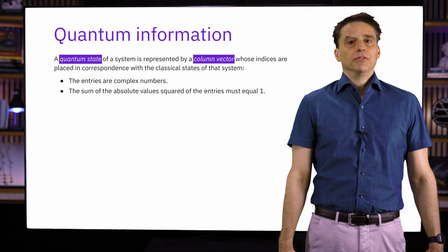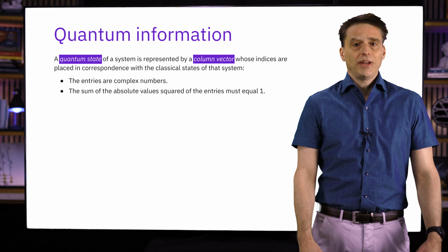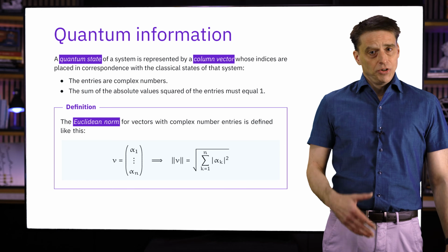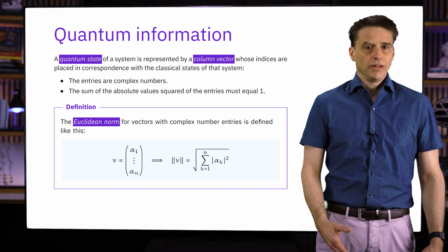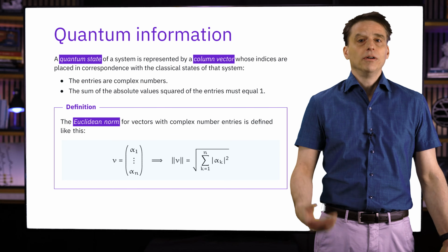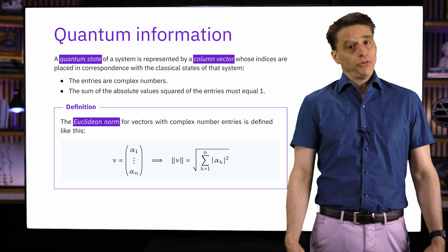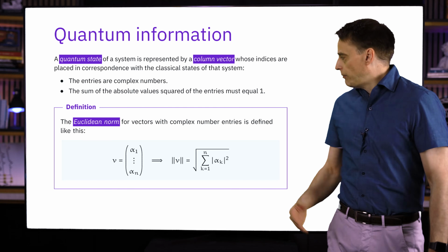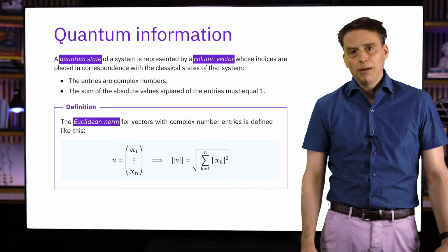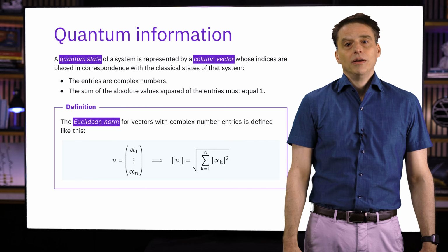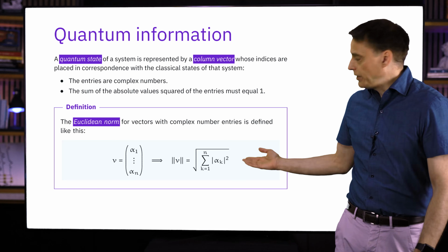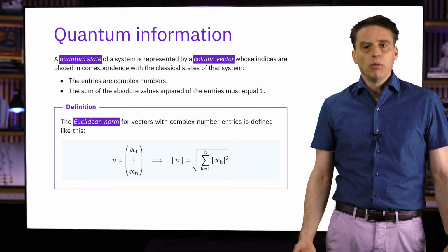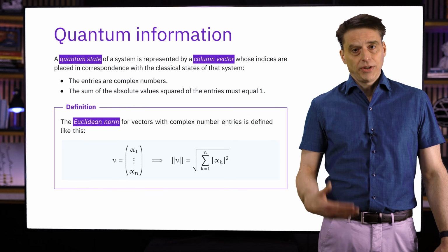With respect to the mathematics of this notion of a quantum state, the first step towards understanding it and working with it is to recall this definition for the Euclidean norm of a vector, which you can think of geometrically as the length of a vector, just like you would think about the length of a two-dimensional real vector if you drew it on a piece of paper as an arrow starting from the origin in the usual way. Specifically, if we have a column vector v like this, which we assume has complex number entries alpha 1 through alpha n, then the Euclidean norm of v is defined like you see right here. This is the notation we use for the Euclidean norm, putting these double bars around whatever vector we're talking about. In this case, it's v.